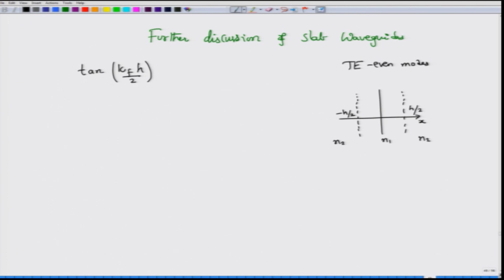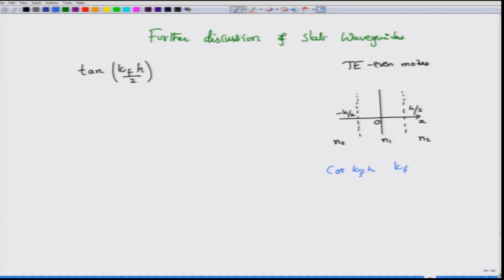So, you can see that I have only been considering the x component in this one, because along the z component you know that whatever the basic mode, it would simply propagate along the z axis. So, when we say even modes, what we mean is that from the center of the axis, which will be at x equal to 0, if you were to plot the modes, you would have modes in the form of cos kappa f x, and we have already seen that this kappa f has to satisfy a certain relationship.